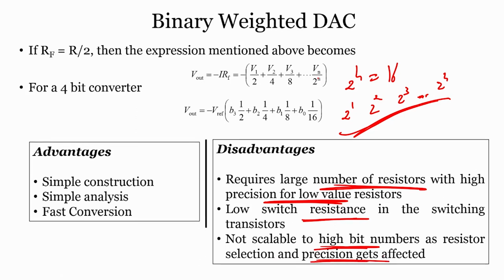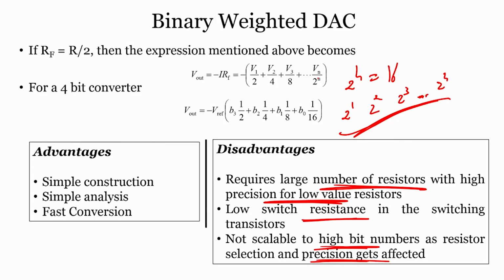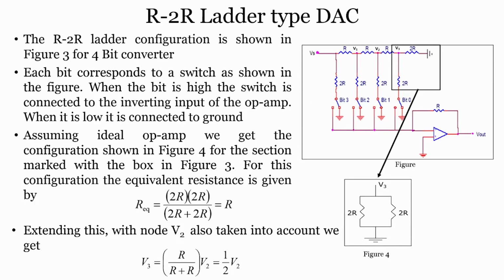If you keep on increasing the value of resistors, it is very difficult to have very high value resistors. In the same way, it is very difficult to have very low value resistors as well. So, these are some of the limitations of the weighted binary network. But when you talk about the R-2R ladder type DAC, which is again as shown in the figure here,